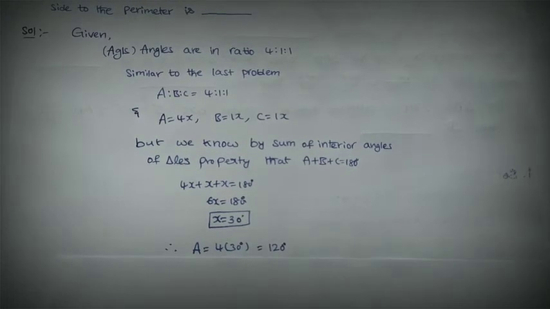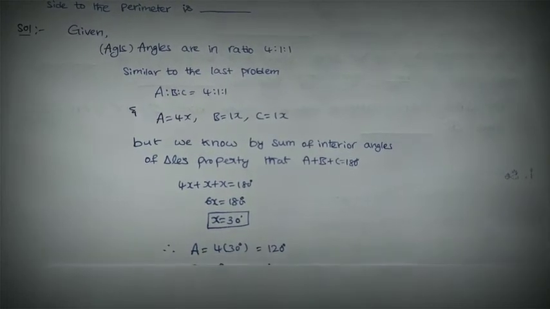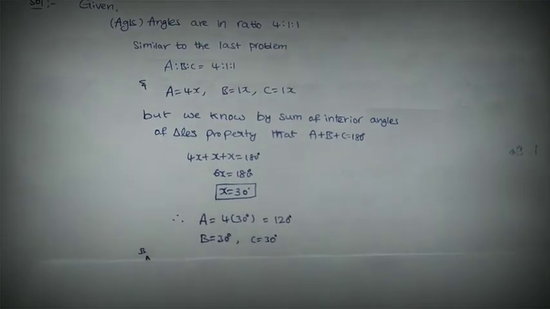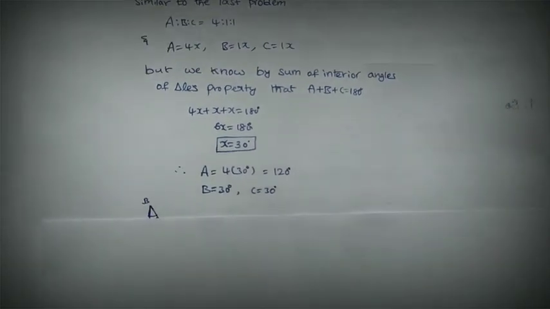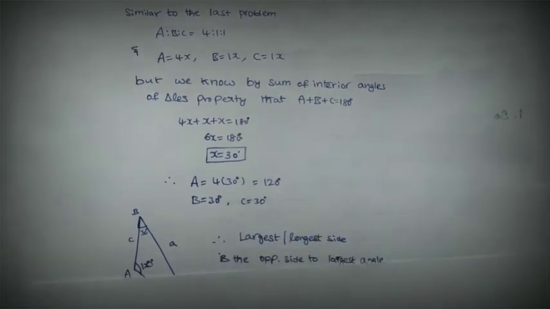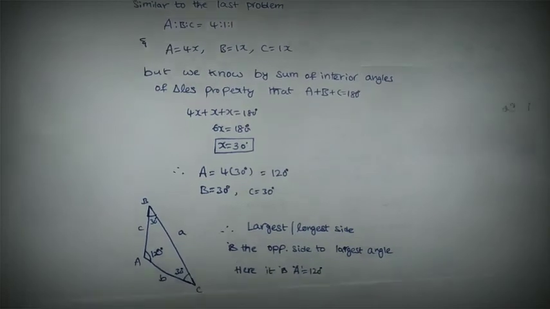Now just apply the x in the angles. So A equals 4x, that is 4 times 30, 120 degrees. B equals 3x, 30. C equals 30 because B and C are x. So with these angles, if we draw a triangle, we'll get a triangle like